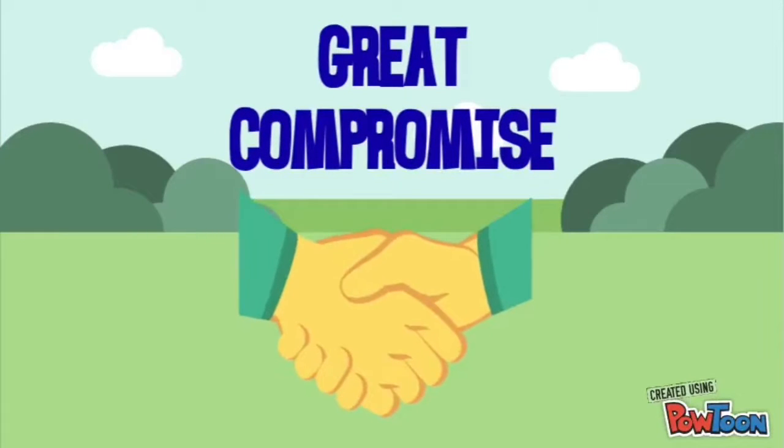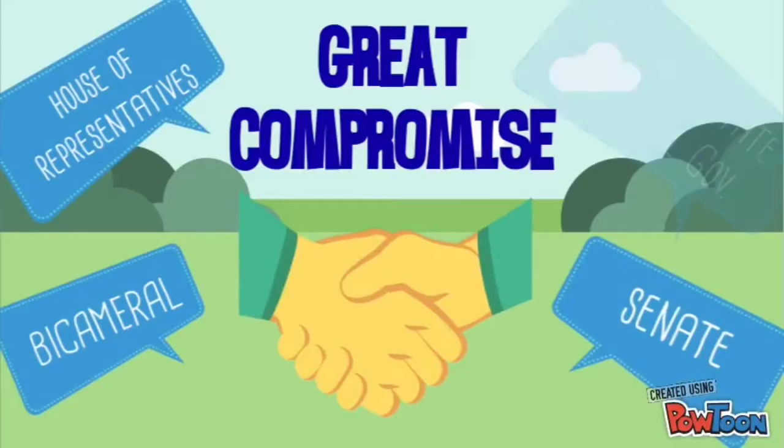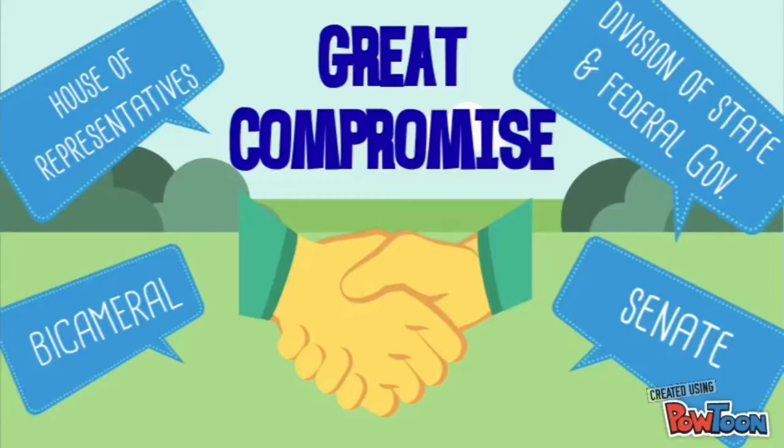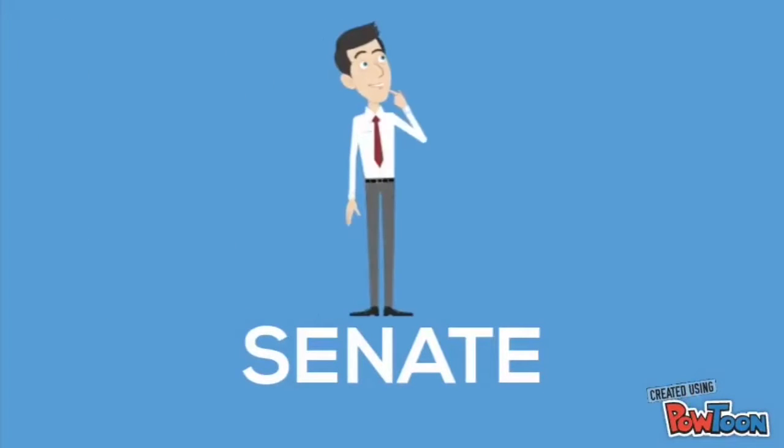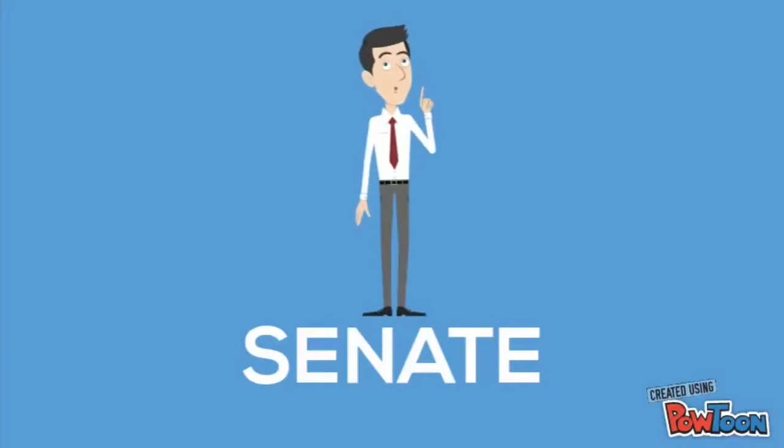On one side there is House of Representatives, which appeased the Virginia Plan followers with population, and the Senate was created on the other side to appease New Jersey Plan followers with equal representation for each state. Senate is based on equal representation. Each state gets exactly 2 representatives. There are 100 representatives in all of Senate.